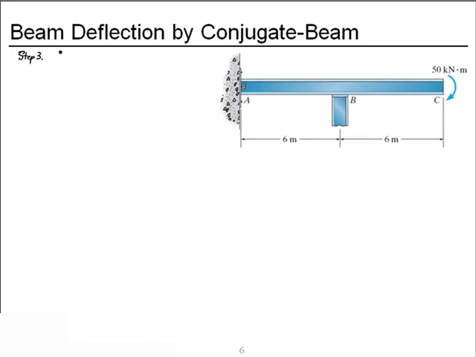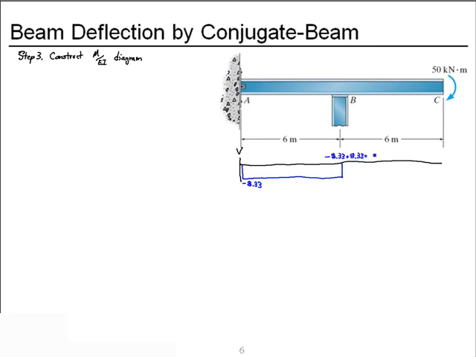Now I can construct my M over EI diagram. We'll start with the shear diagram for the structure. We have a downward reaction at A of negative 8.33. We have no applied loads between A and C, so the shear diagram is constant. Then we have an upward jump of 8.33, so we had a negative 8.33 plus 8.33, and we close back